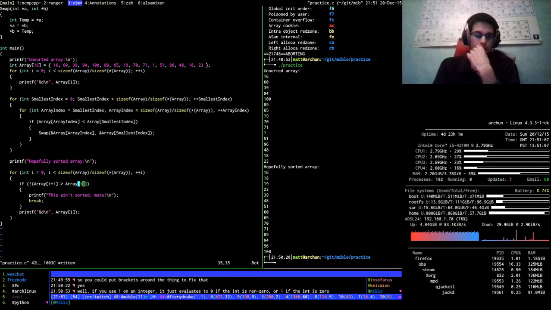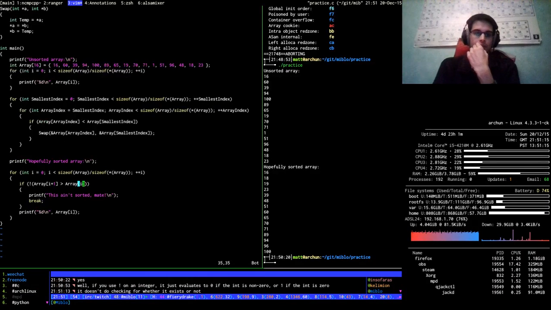If you use that on an integer, it just evaluates to 0 if the int is non-zero, or 1 if the int is 0. Ah, right. Okay.